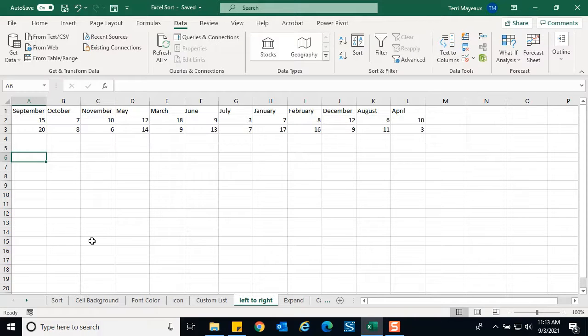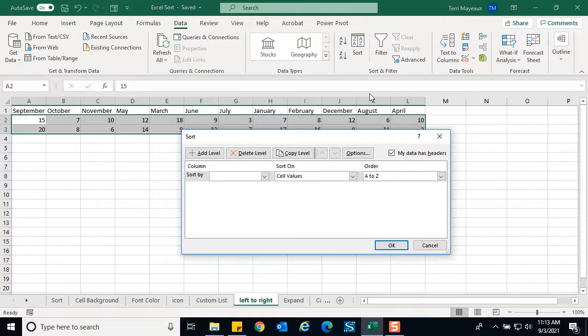Once in a while, you may run into a time where you've started a spreadsheet and you've put in your first set of column headings, and then as you add to that spreadsheet, you find that things just kind of get out of control, and you need to resort your columns. Instead of up and down like we've been doing, you need to sort from left to right, and Excel lets you do that. Now again, I need to click just in a random cell,